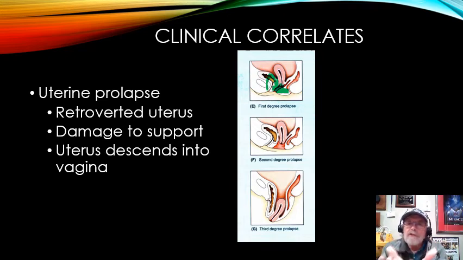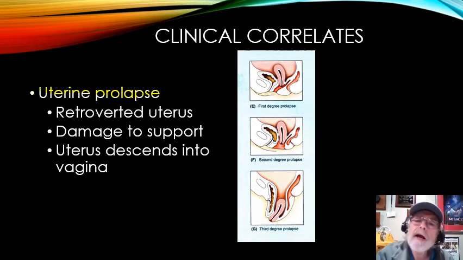There are a number of muscles that support all these pelvic organs to keep them up. What happens is, over a period of time, especially with multiple deliveries, that pelvic diaphragm becomes really weak, and as a result, there's nothing to hold the uterus up to where it's supposed to be, and the uterus starts to fall. That's called a uterine prolapse, when that uterus starts to fall.